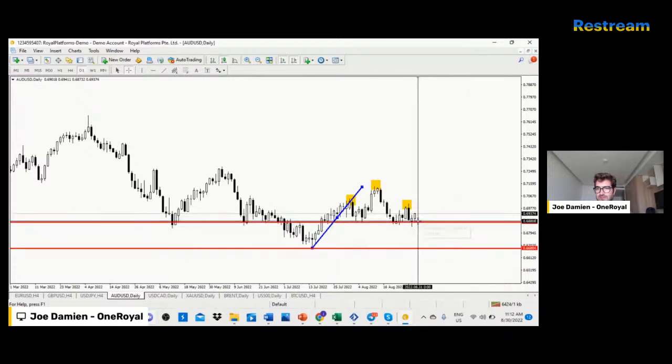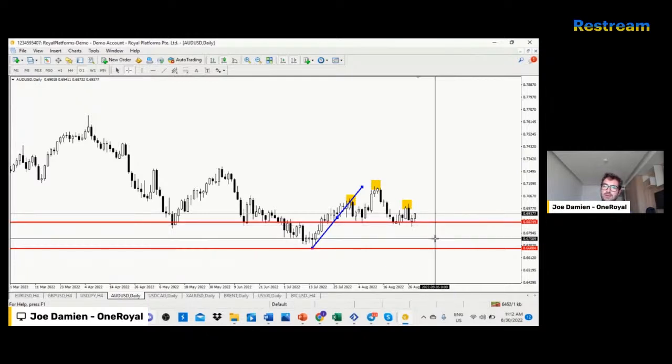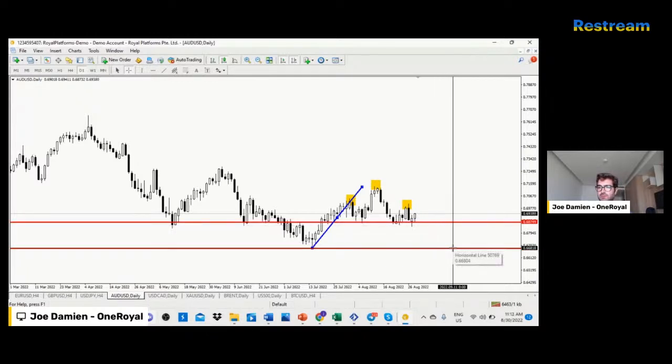Okay, so once this is broken, a bar on the daily time frame below this area, 68.72, most probably the market will continue its move to the downside. So let's wait until a bearish bar on the daily time frame closes below the 0.6875. This will be a good indication that the market will continue its move all the way down until the